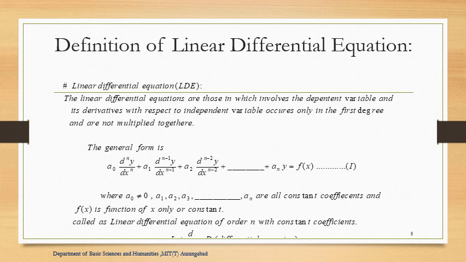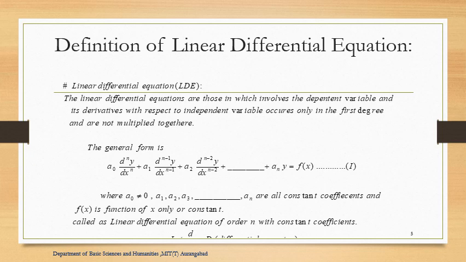If you observe equation 1, here we write derivative of y with respect to x because y is the dependent variable, x is the independent variable, and the highest order derivative is n. So it is an nth order differential equation. And if I talk about the degree, what is meant by degree of differential equation? The power of the highest order differential coefficient is called the degree of the differential equation. Here the power of the nth order derivative is 1. That's why the degree of this equation 1 is 1. So it is called linear differential equation of order n,